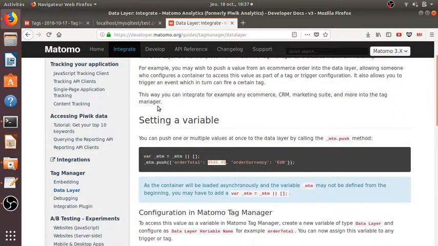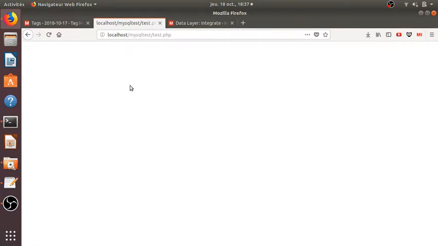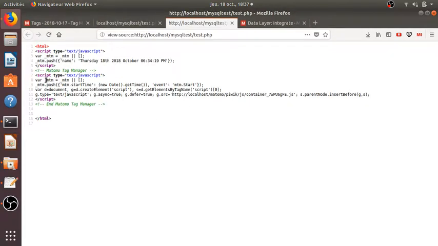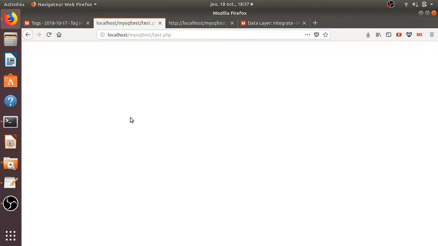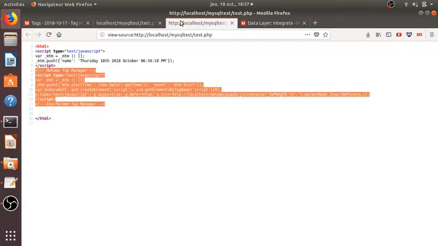In order to make an example, I have here my blank web page. If I look at the source code, I have my container here, which you know by heart. It's really a dummy example. My website is just composed of a blank page, but I can add some text or whatever. It doesn't matter. It's just to make it simpler for this video.